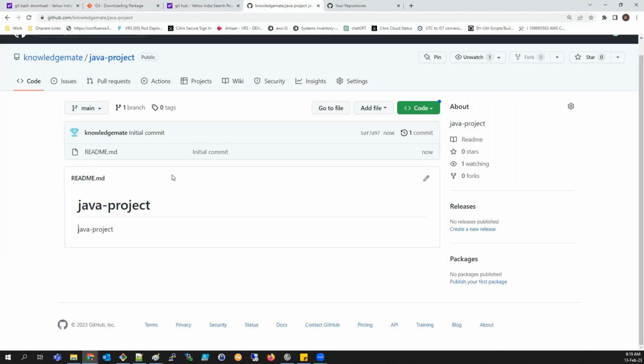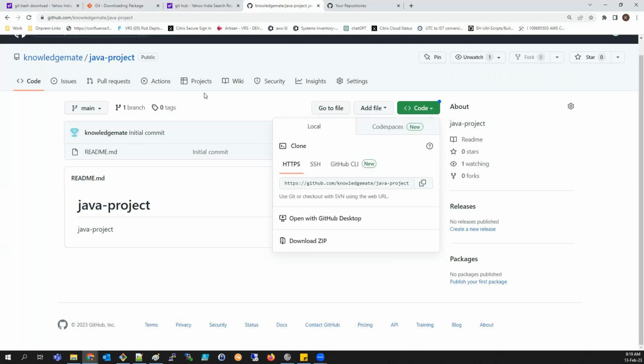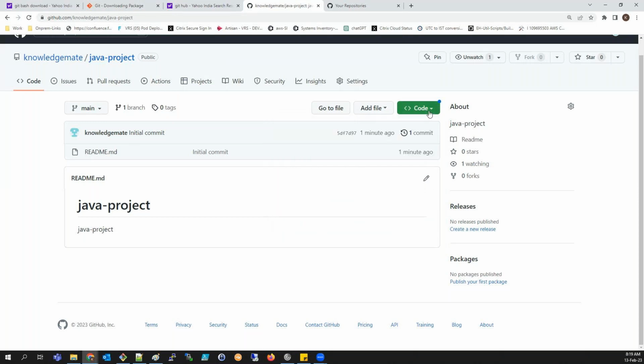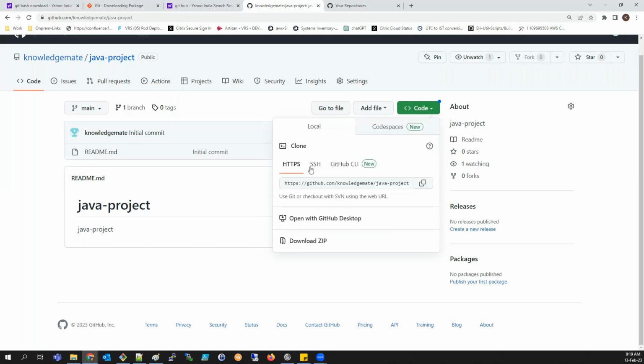So once the development is done, developer uploads their file. How to upload? First you need to download this entire project. How to download? Just click on code, copy this HTTPS URL, just copy it,